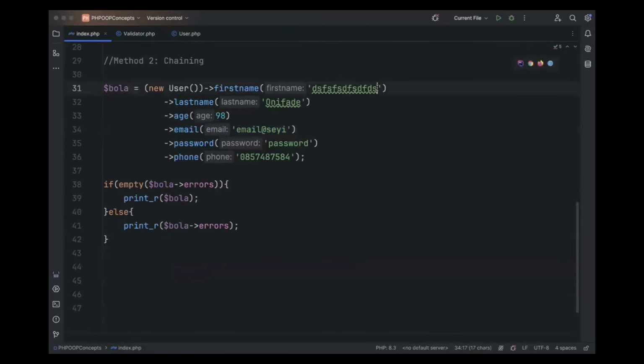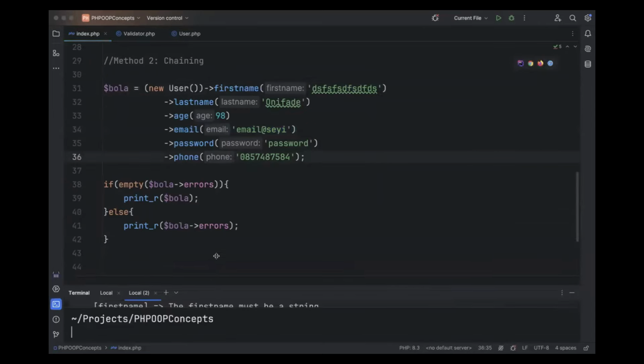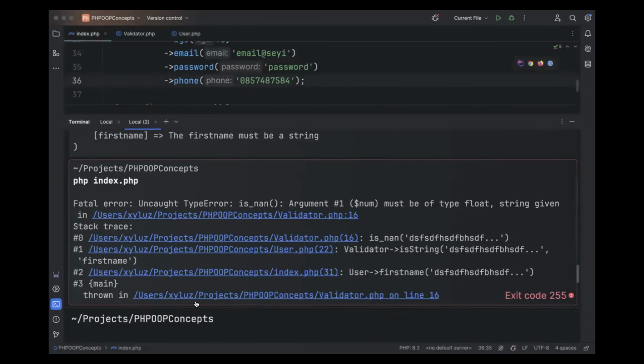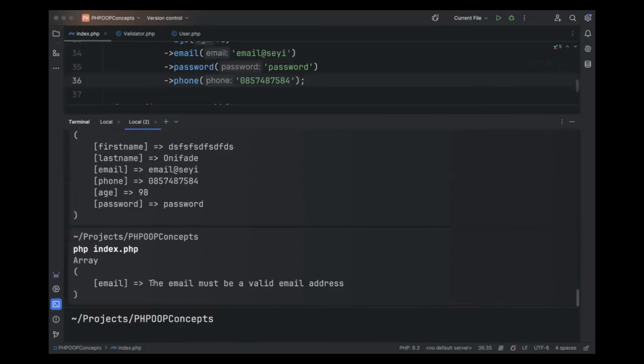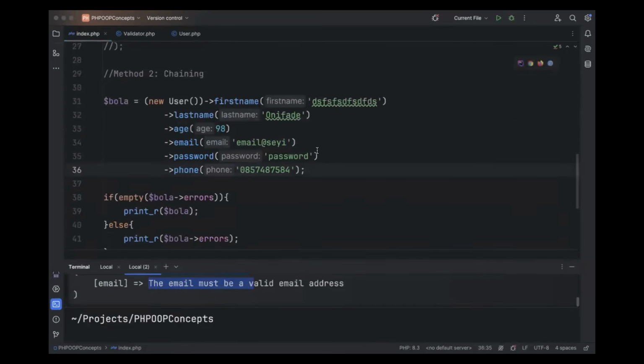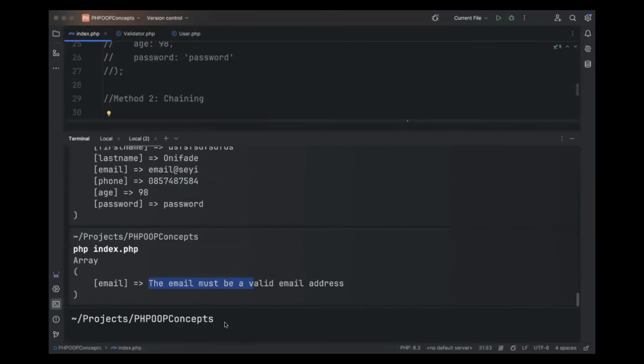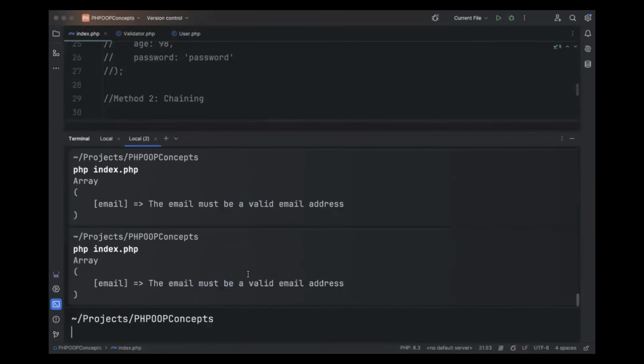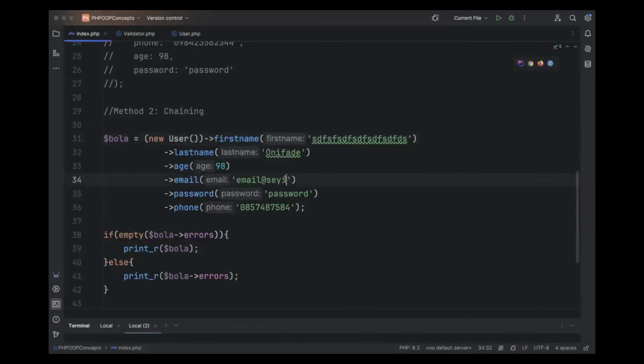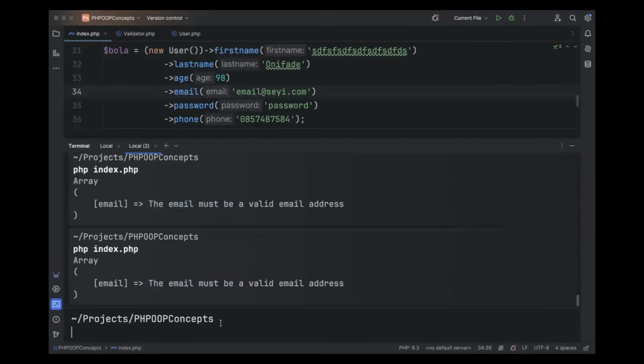It's a wrong email. The first name is fine. Let's try to print out Bola now. Okay, the email must be a valid email address. If I had a problem with this, I still get the email is not a valid email address. If I had a valid email address and run the code again,